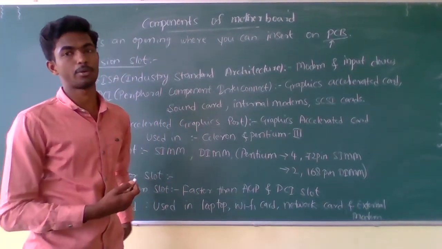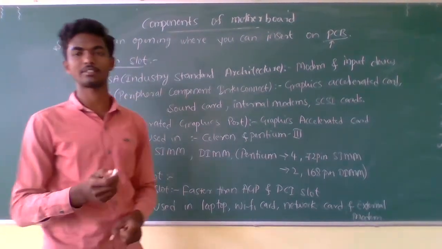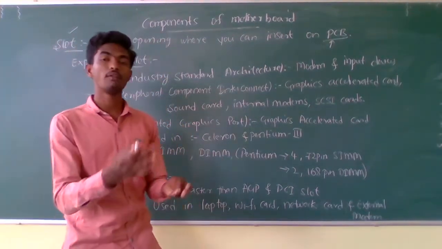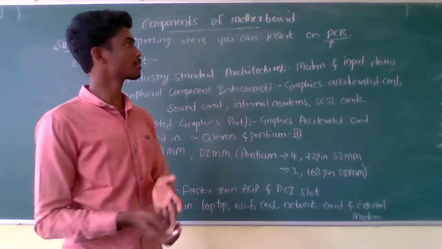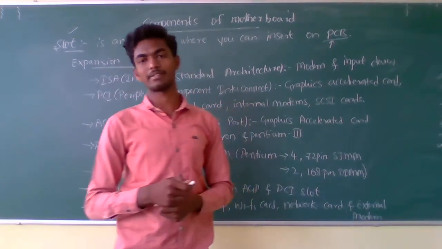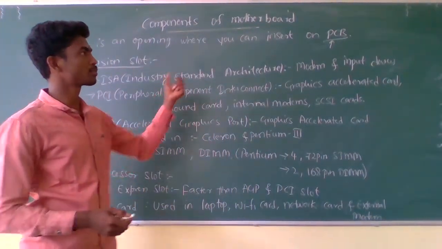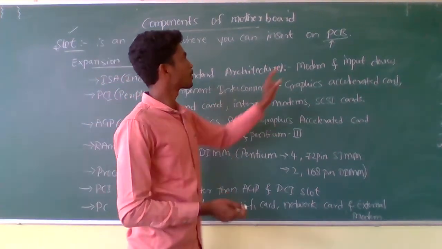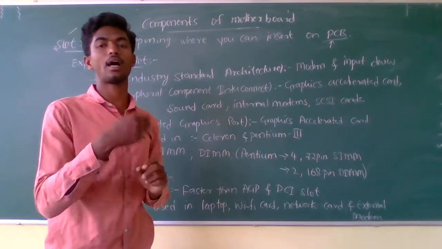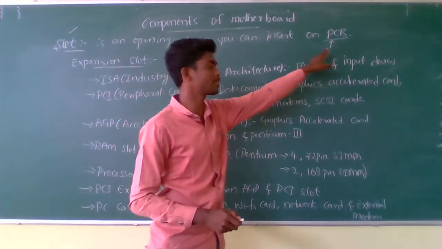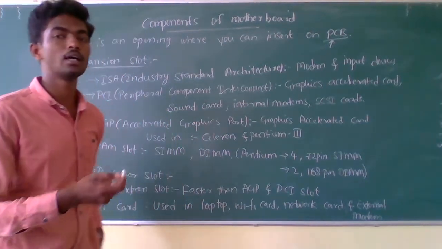This PCB refers to a printed circuit board, or simply you can say a motherboard. A slot is just an opening where you can externally connect components that are mounted on a PCB. In your textbook some printing mistake is there. They have given slots there on a computer, just make the correction to PCB.